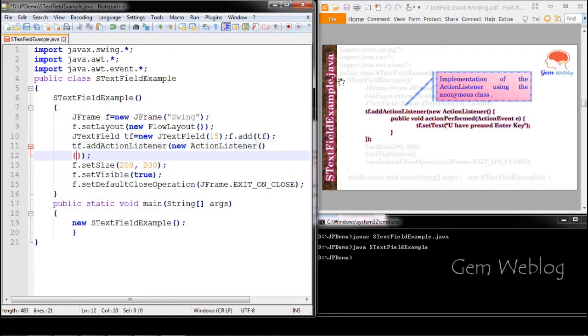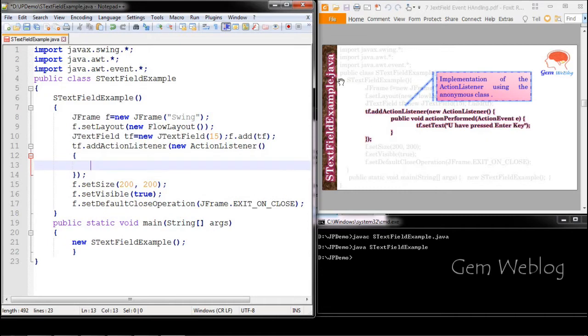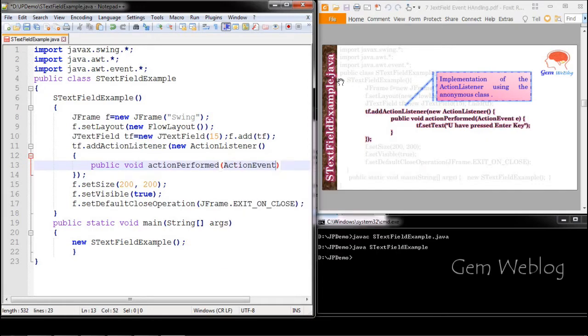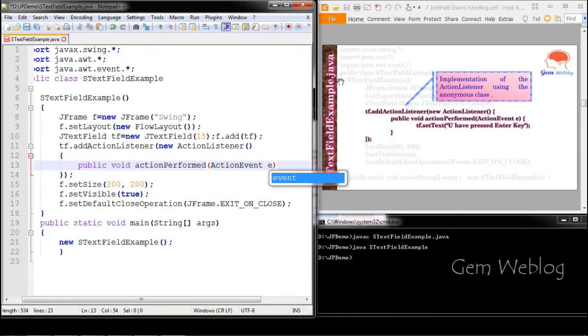Inside this we have to define all the methods that are available in the ActionListener. The method that is available in this is actionPerformed, so you have to define it. Inside actionPerformed it will receive the ActionEvent object.